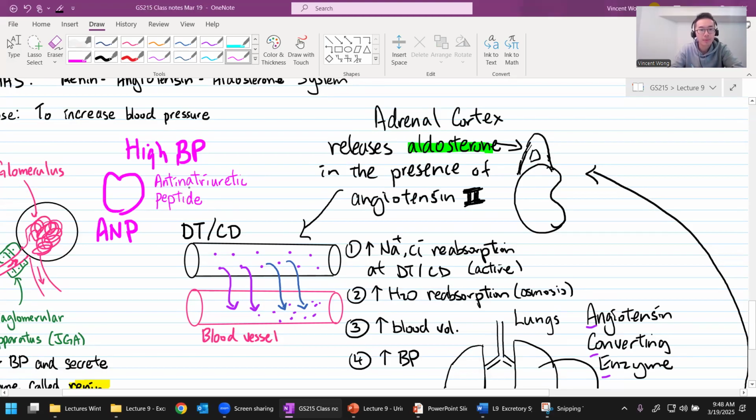Okay, ANP. Anti is opposite. It goes against. Uretic is like in the urine, and natri is sodium. Symbol for sodium in chemistry is Na, right? Because the Latin name of sodium is natrium. So basically, this is going to be a hormone that lowers sodium